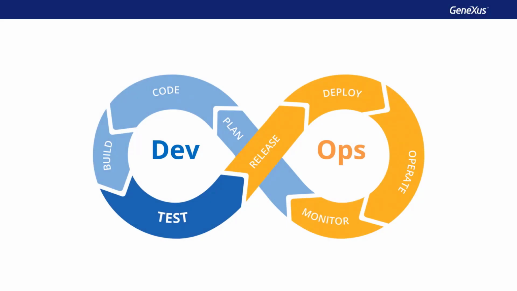DevOps comprises a group of agile practices that combines software development, Dev, with information technology operations, Ops, in order to shorten the lifecycle of system development while offering software in a continued manner. The development cycle, Dev, includes the application's design, development, coding, building, and testing, and the Ops, operation, includes its release, production cutover, operation, and monitoring.